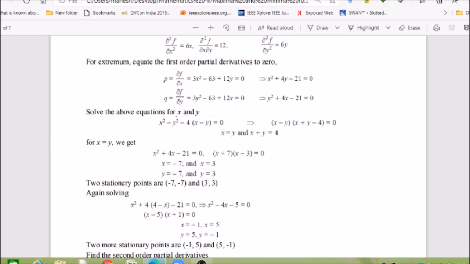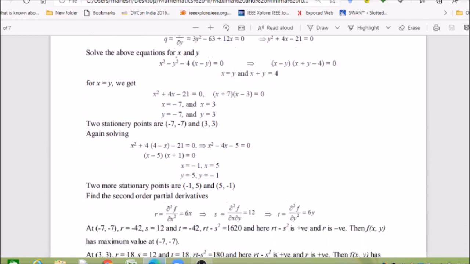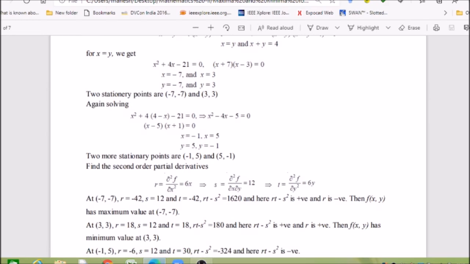Again by solving the relation x + y = 4, we get two more stationary points, (−1, 5) and (5, −1). So in total we have 4 stationary points. At each of these stationary points we'll calculate r, s, t and rt − s² and check the above conditions. At (−7, −7), r is −42, s is 12 and t is −42